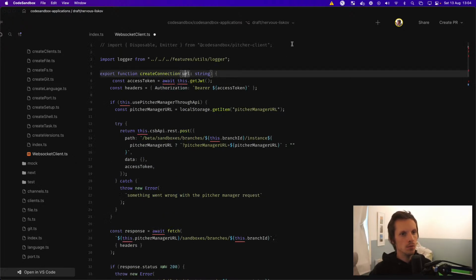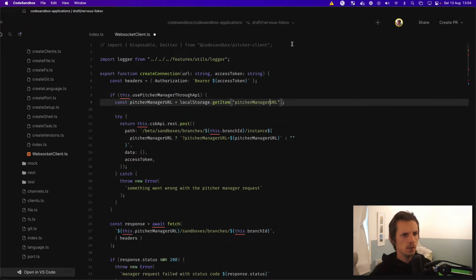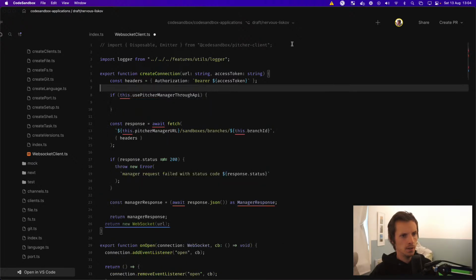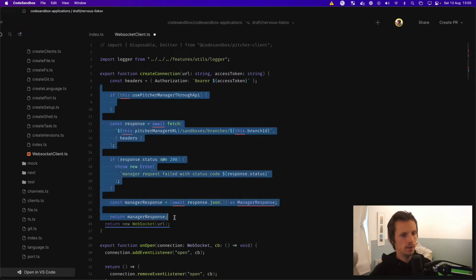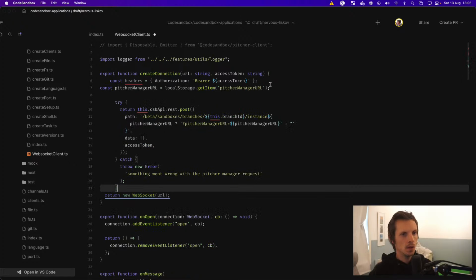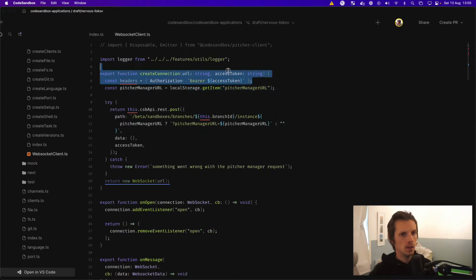And to do so, we actually need a JWT token. So let's just imagine we get that in here. Let's call it access token. So we don't have to do this. And then what we're actually going to do is we're going to do this thing. This other stuff is old. Let's see. Okay, so we don't need